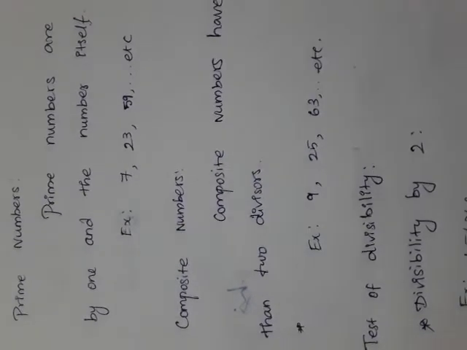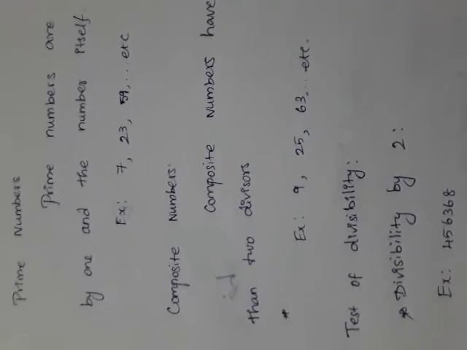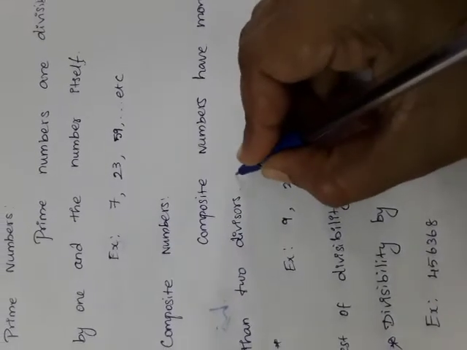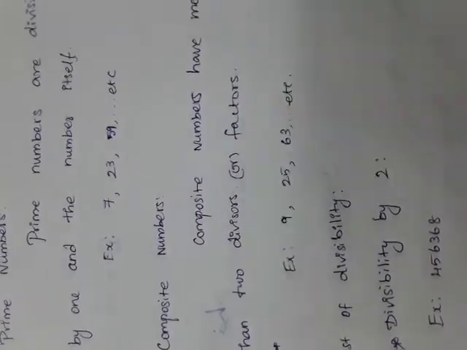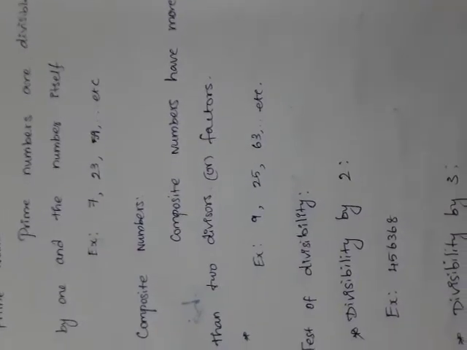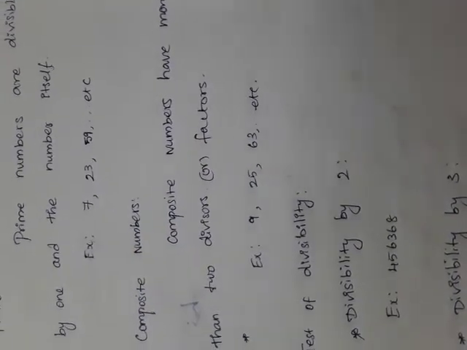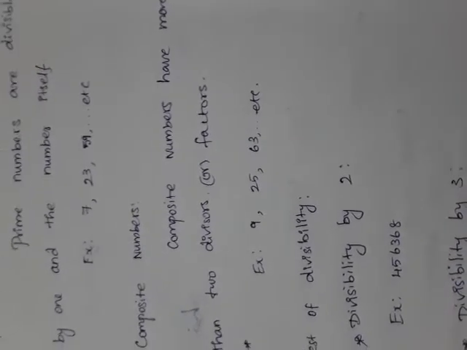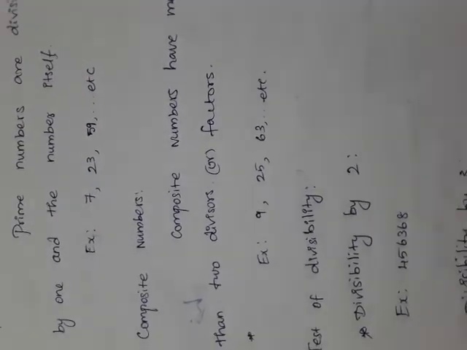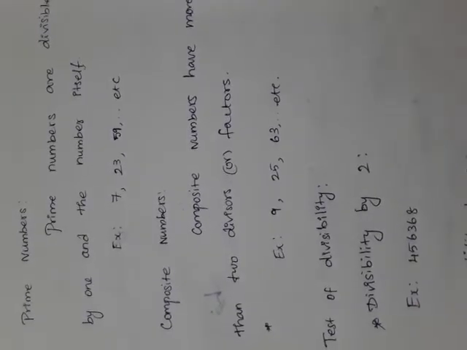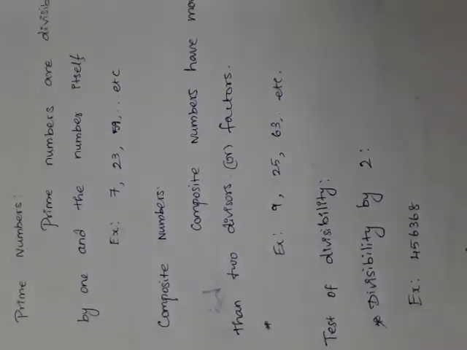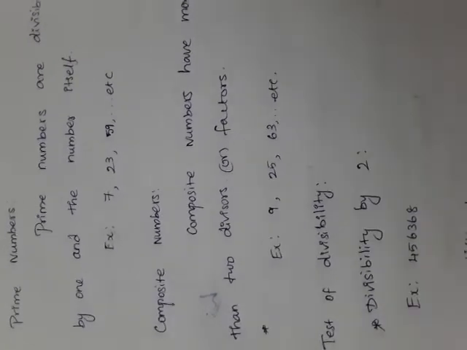Composite numbers will have more than 2 divisors or factors. Factors we have already learnt, right? So it will come in more tables, no? In the previous example we saw 8. 1 eight is 8, 4 twos are 8. So 8 is a best example of a composite number. It will come in the first table as well as some other table, so it has more than 2 divisors.